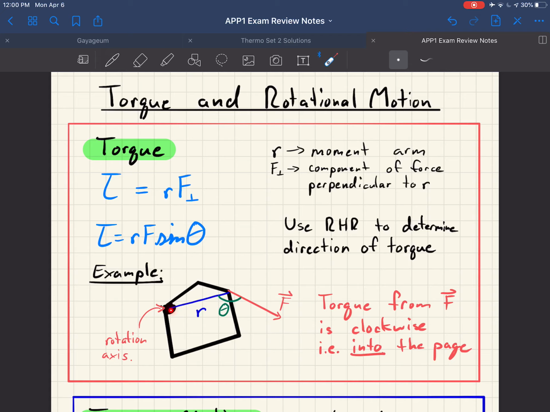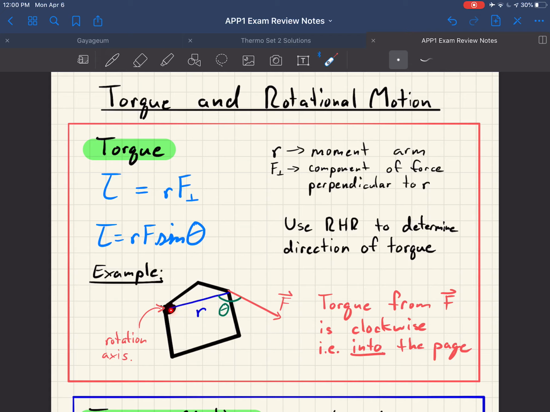So in this example here, we've got some circular object. Let's say it's mounted about an axle here in the center, like right there. And we've got two forces pulling on it, right? One force directed this way, another force directed this way. Well, if we want to find the angular acceleration of this object, we can use this to set up an